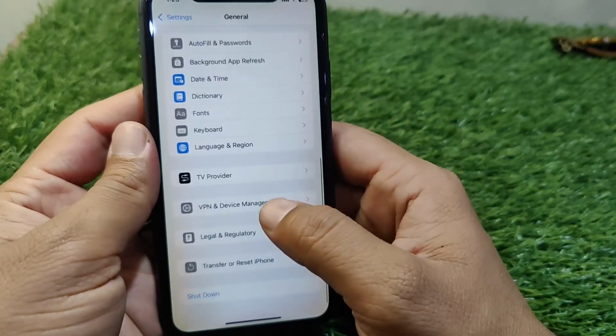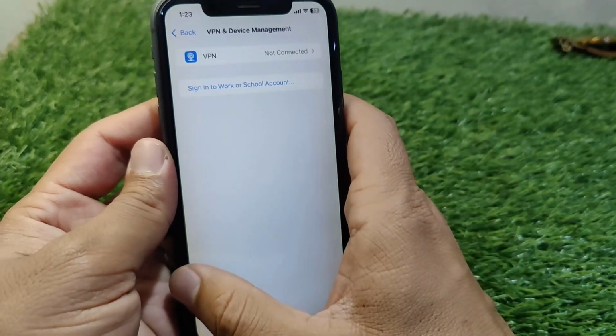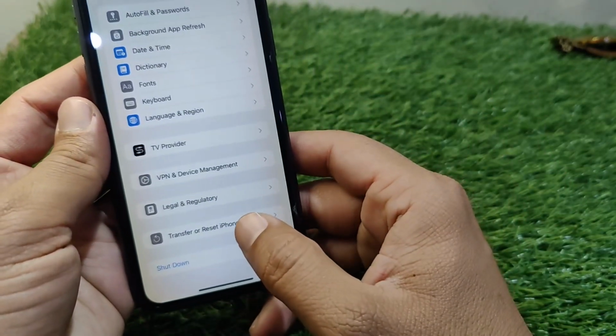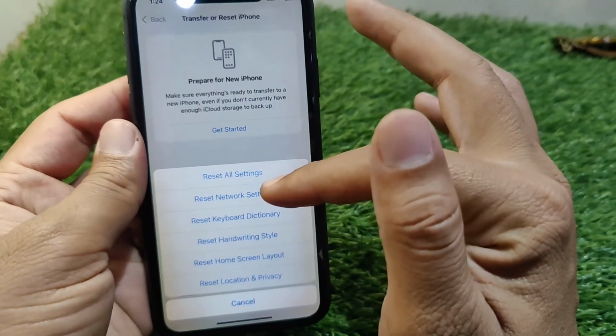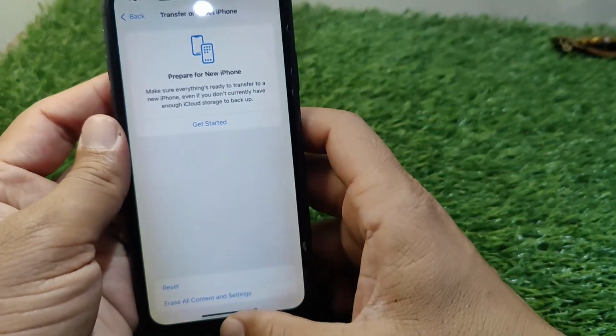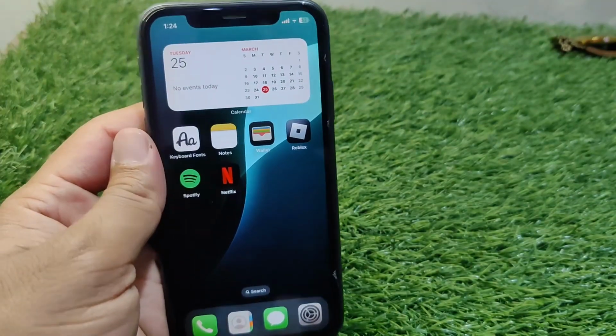Then go back and tap on VPN and device management and make sure that there is no connected VPN on your device, and then tap on transfer or reset iPhone and then tap on reset and reset network settings of your device one time as well. So guys, do this and check if the problem is fixed or not, and if the problem is still there,